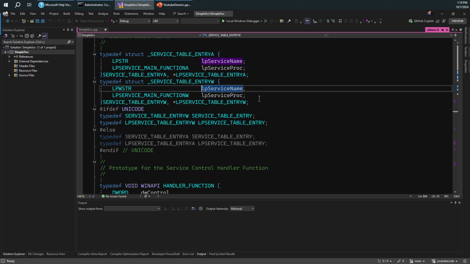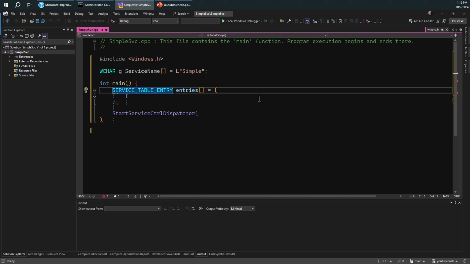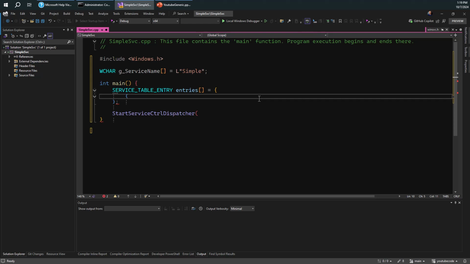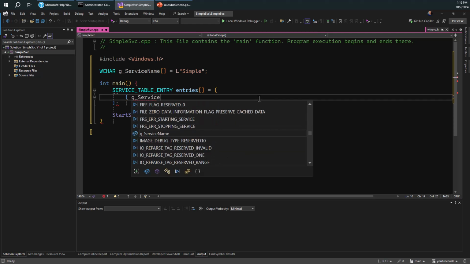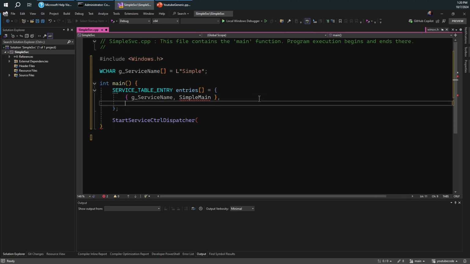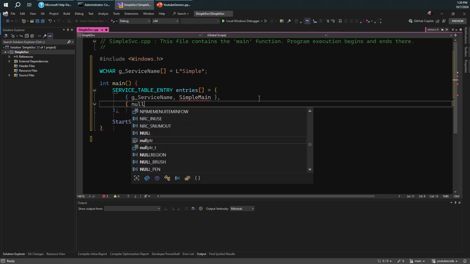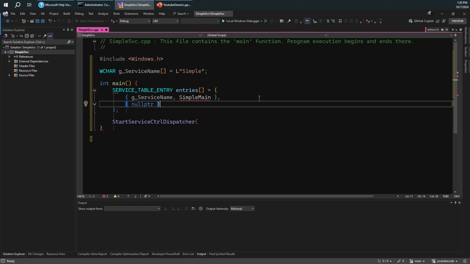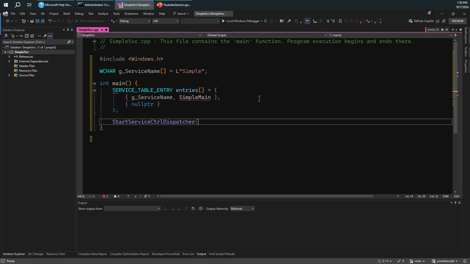There are two things here. We need to provide a service name, some kind of string, and a function. This function is going to be called the main service function, which is going to be automatically launched by the service control manager infrastructure within our process. So first we have this service name. Let's go ahead and add that in, and then we have a function. Let's call that SimpleMain. We'll see what is required of it, and then the next entry is going to specify NULL to indicate that